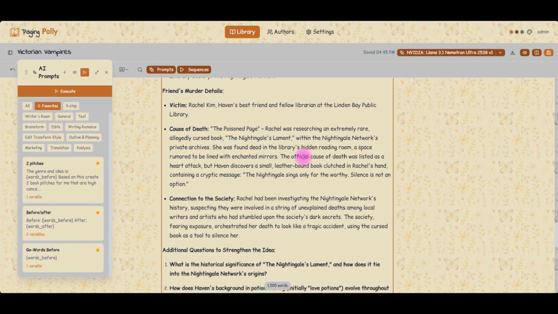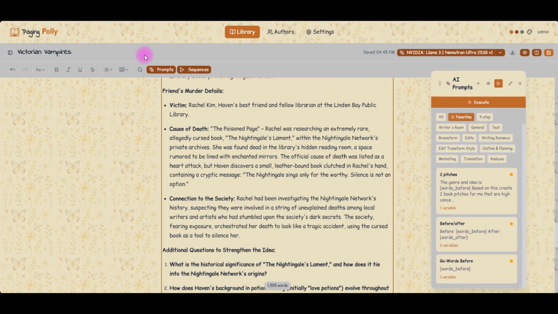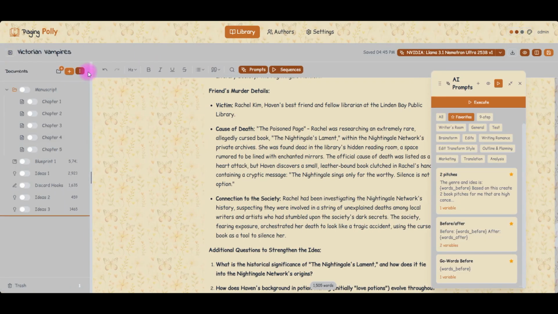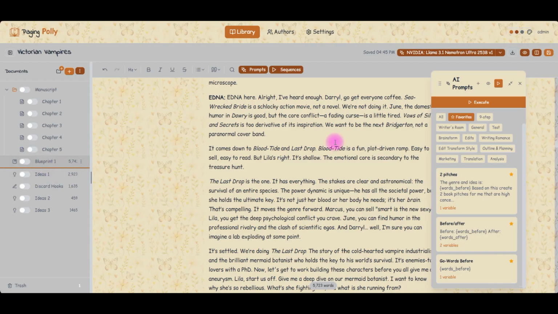So at the end of all of this, I could select everything and say, okay, I've already removed what we don't want to use, and can you format this into a blueprint, a story blueprint? And we're going to get into that more as we add the outlining view to Paging Polly. But if I bring this back, we have a blueprint file type. I'm going to create one. Oh, I actually have one already. So the blueprint file type